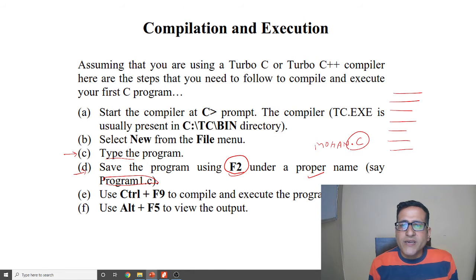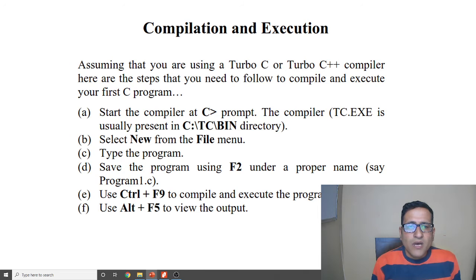This extension is a must. You can write anything here, but the extension must be .c. After that, you will press Ctrl plus F9 to compile and execute the program. Remember it, Ctrl plus F9 to compile and execute.